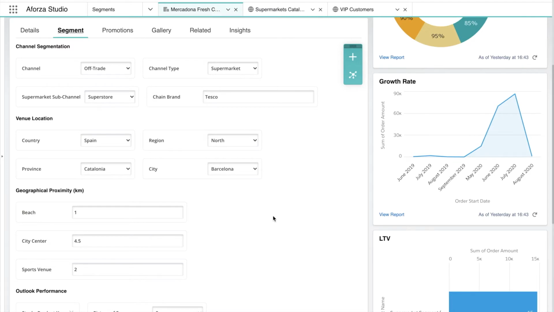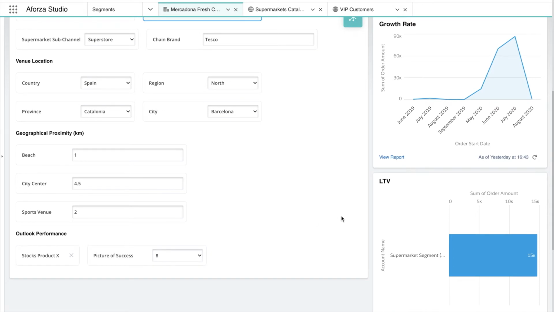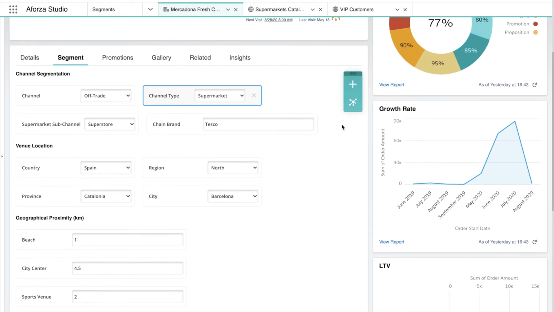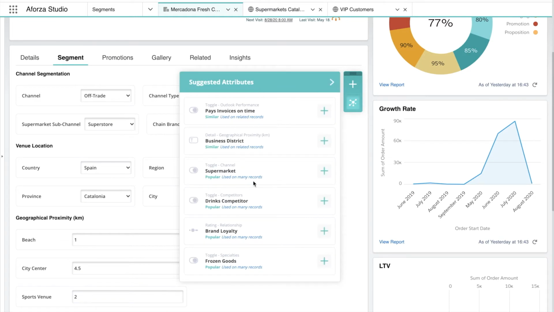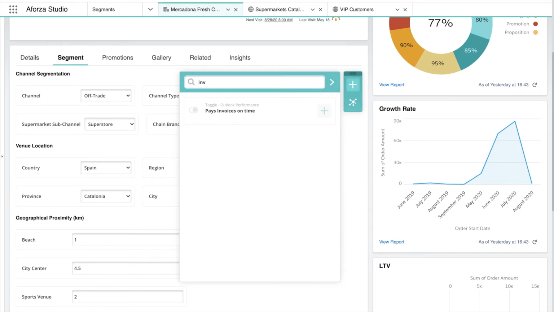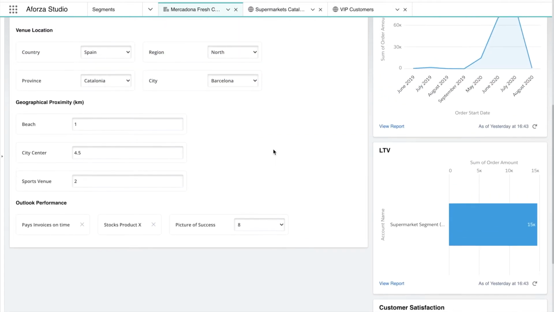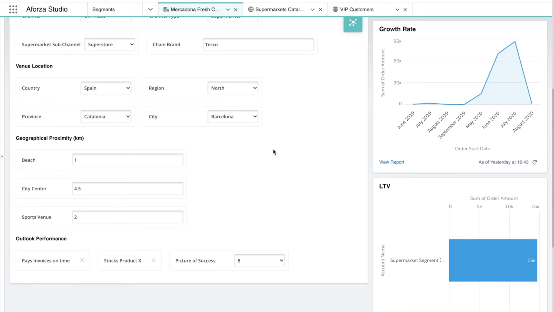by business rules. Attributes can be of different types of nature, so can have predefined values, have free entry, or just have things like they are true or false. I can easily add new attributes utilizing our suggested list of attributes, or just search through the whole list of available attributes. So I can choose things like, did my customers pay their invoices on time, yes or no? So this single attribute that is now assigned to the account may open up and trigger a whole bunch of